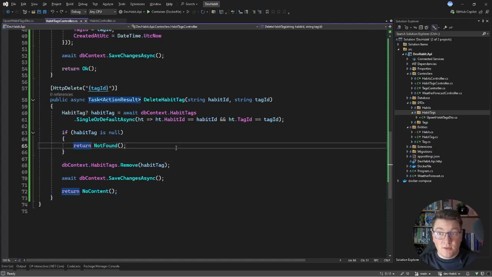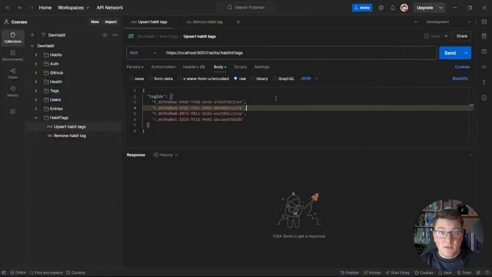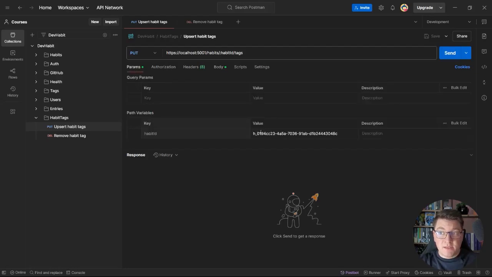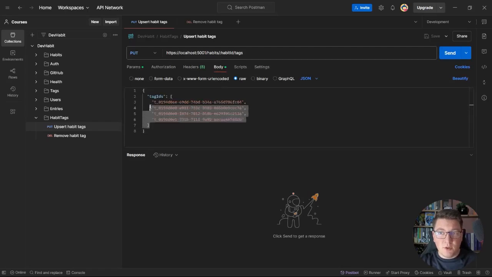So now let's start our application and try out these two new endpoints. Here's what the put endpoint for upserting the habit tags will look like. I specified the habit ID as a parameter, and it's pointing to an existing habit. In the request body, I have a tag IDs collection that contains 4 tags that I want to associate with